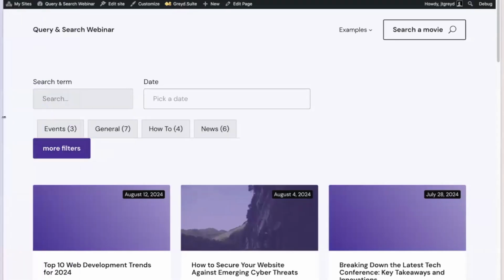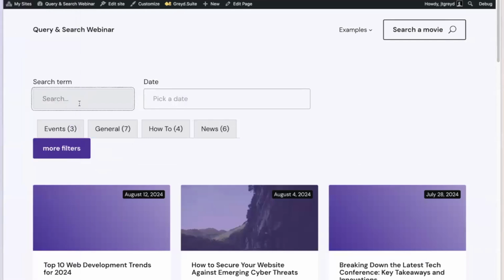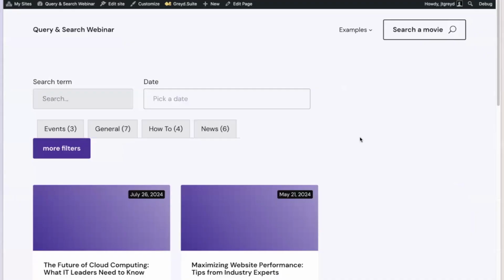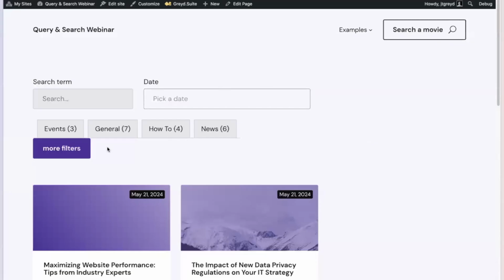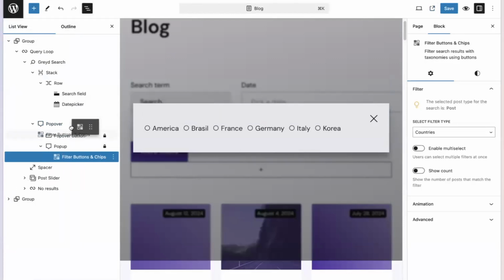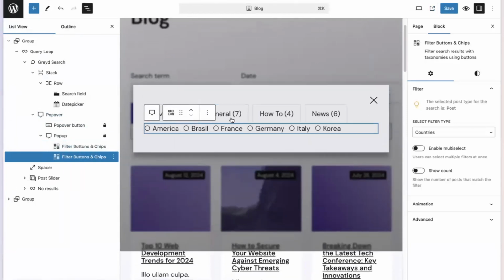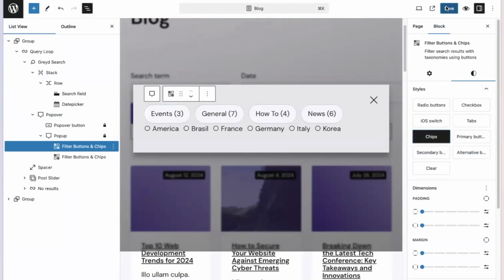So I haven't really designed it pretty nicely, but the idea is now I can go in here and filter by term, and the user can actually filter by France or filter by Germany, Italy. You get the point. This is automatically updatable. You can hide a lot of the additional capabilities in here. So I can, for example, just move the filter and chips button of the tabs in here as well. Let's make them chips again.